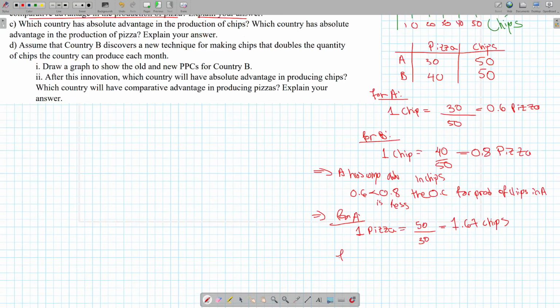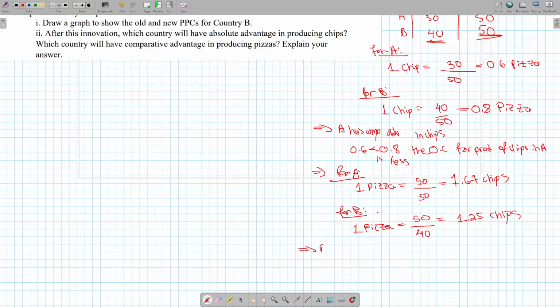How about for B? How much is the opportunity cost for one pizza? One pizza is equal to what? 50 divided by 40. Always, the thing you're calculating is going to be your denominator, okay? 50 over 40, which is 1.25 chips. So who has the lower opportunity cost? B. So you say B has comparative advantage, I'll just put CA, in pizza